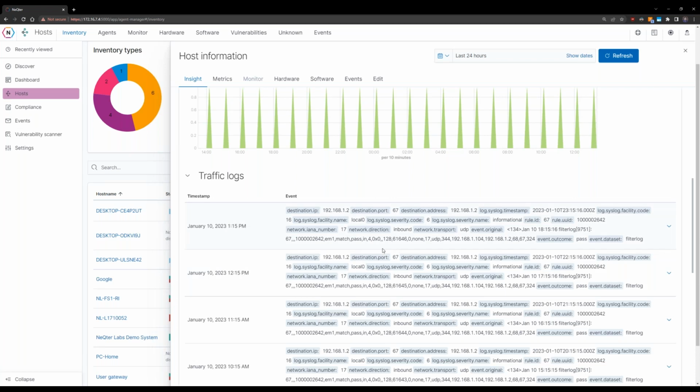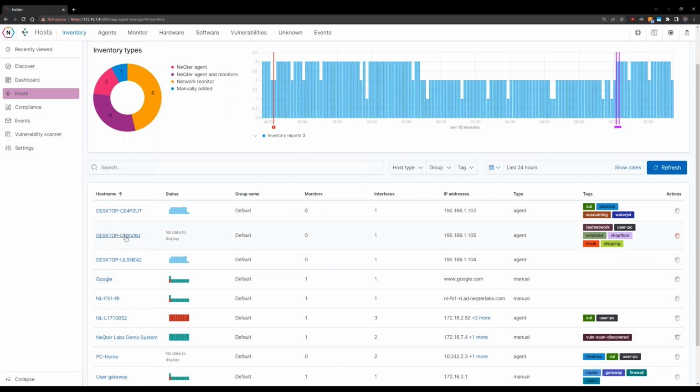So in terms of correlating an event to a host, right now it's going to be localized to whichever vendor is reporting that information. So you can identify the host by looking at the Active Directory dashboard or the subsequent firewall dashboard, say like Fortinet, and it will identify that host and the host name and the IP. Or you can look in this hosts area here where, if the host has an agent, it will identify that host, its host name, all of the hardware and inventory information, software information, as well as its